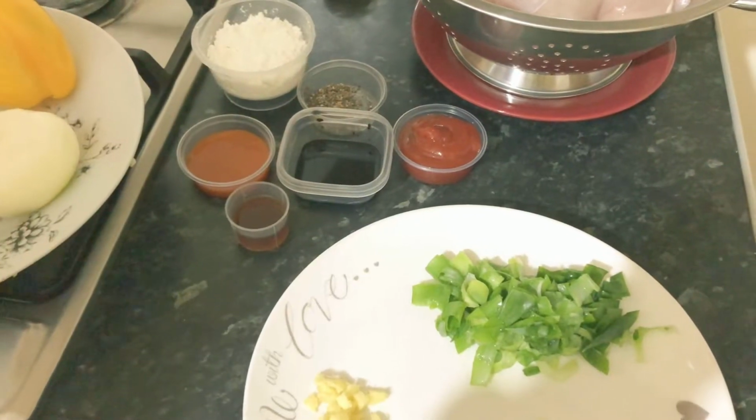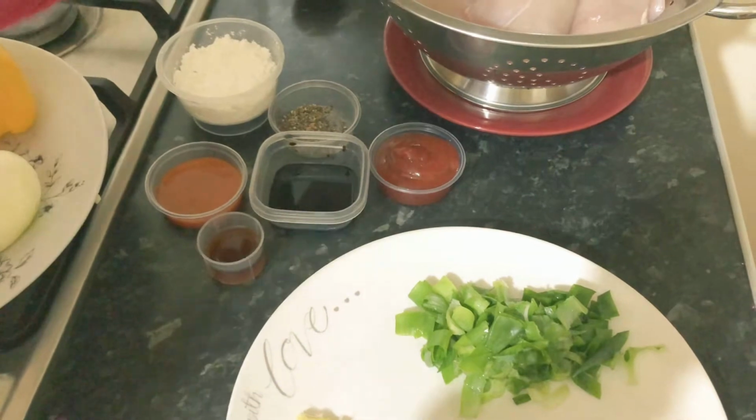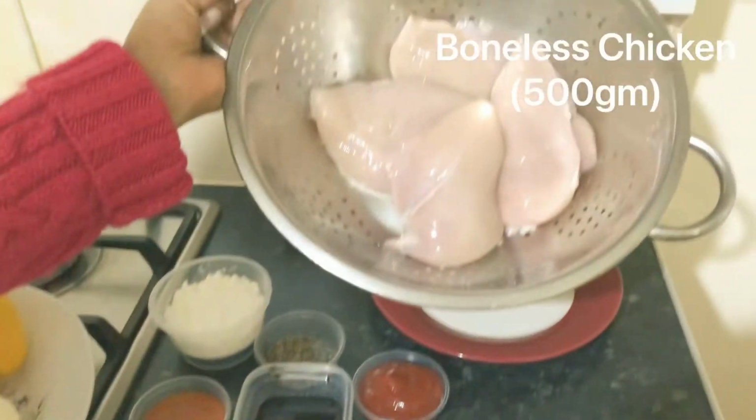Bring another recipe today as well. So today I'm making chili chicken. Chili chicken is my favorite and Jasmin's favorite. So guys, let's begin. For this recipe I have got 500 gram boneless chicken,